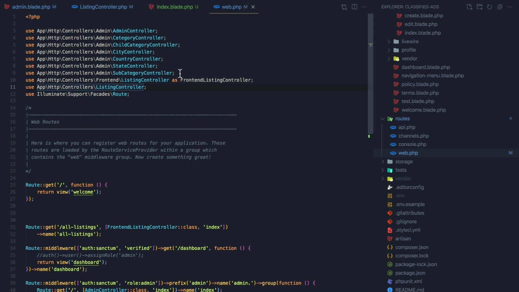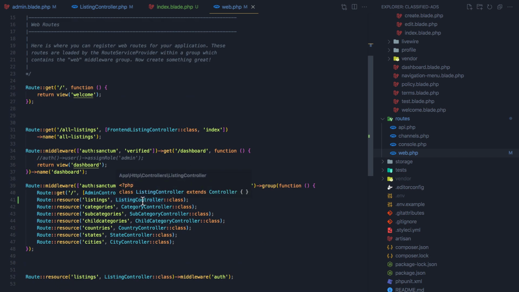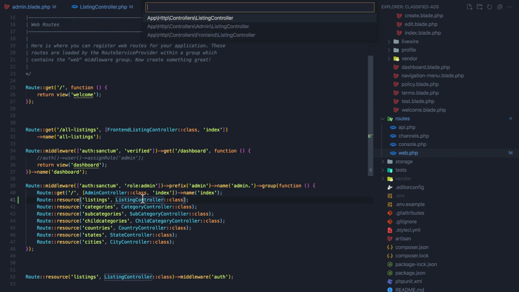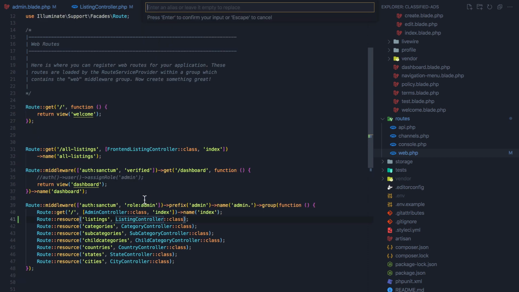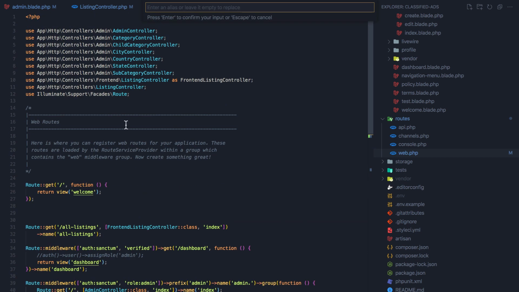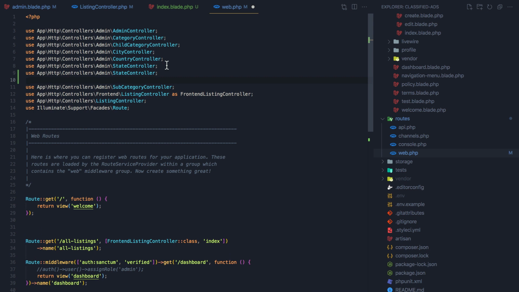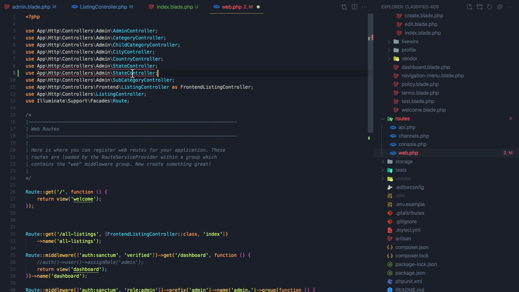We don't have import the listing controller from the admin. Okay, here hit enter, and from the admin area we don't have that. Okay, copy and paste, and now this is going to be